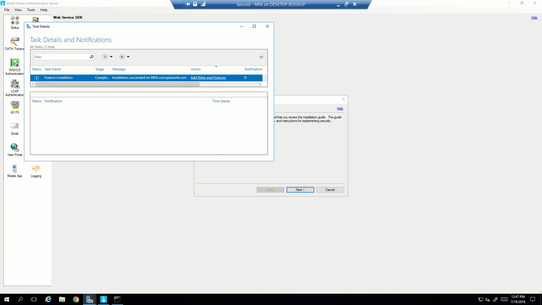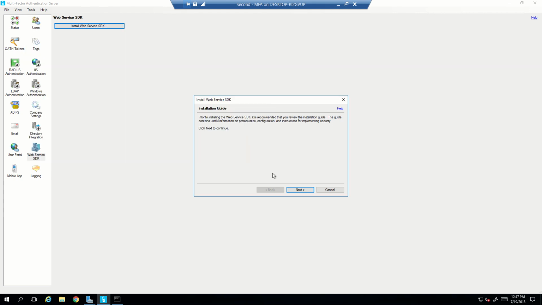Now, as the setup is completed and I've restarted the machine, I see that the installation of web service is completed. Now we'll go back and click on next. When I click on next, the expected behavior is that the setup should go through, but it will give an error, or it will check for a prerequisite once again and might give us the